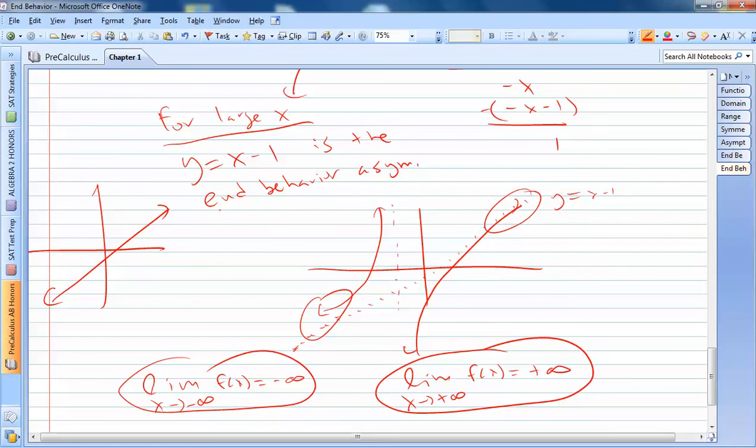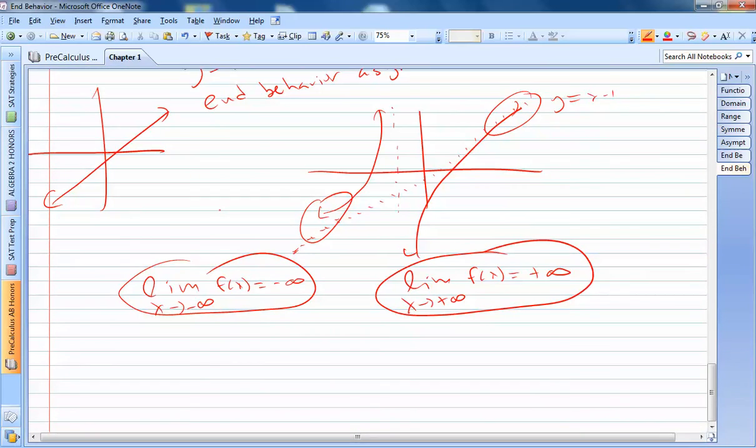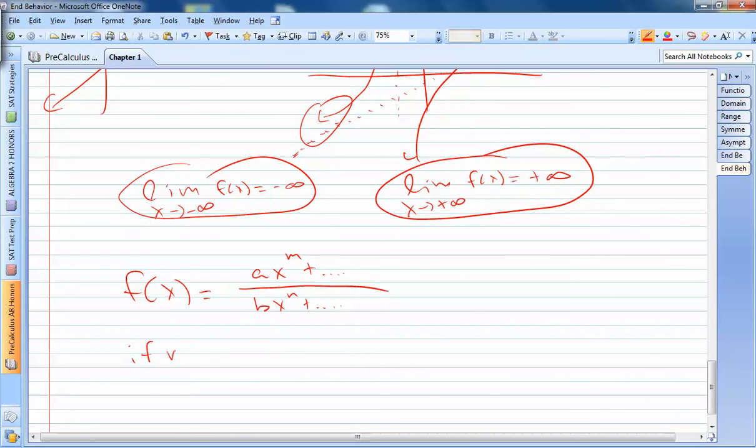So you'll get a chance to practice this, and of course we'll have a discussion so we can clear up any misunderstandings about end behavior. One last thing that I'd like to put on this to kind of help you understand end behavior. If you have a general rational function like this, if m is less than n, if m equals n, and of course m is greater than n,